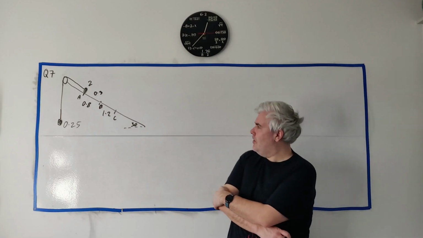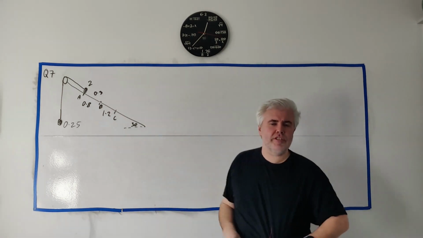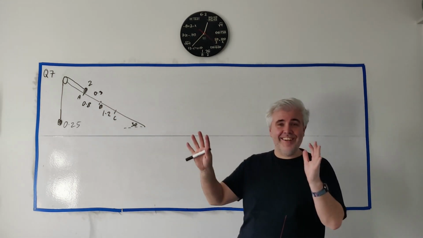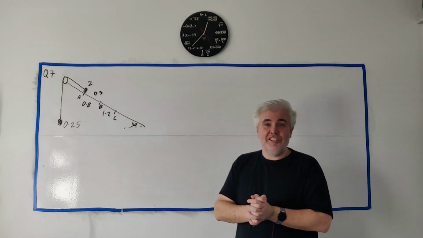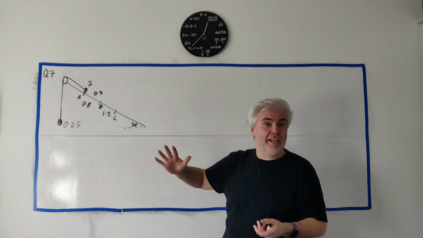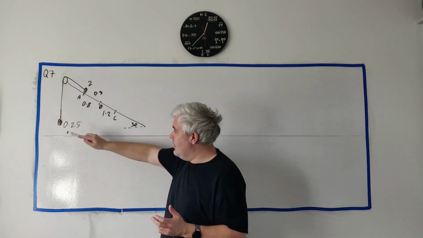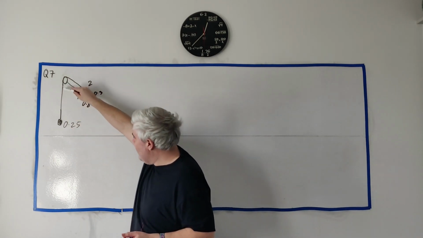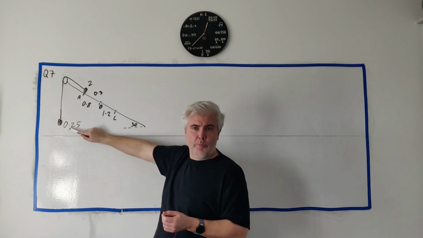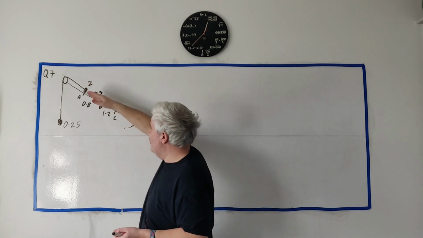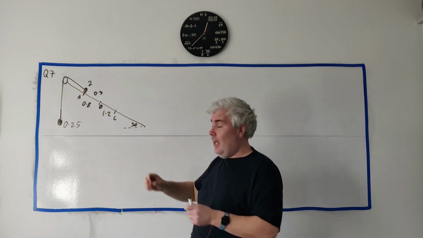In question 7, they give us a diagram, roughly what you see on the board here, with a lot of English, a lot of numbers and words trying to explain the system. I'll try and explain it in my own words right now. We have a pulley system with two weights. This weight is hanging down and it's only 0.25 kilograms. This weight's a lot heavier, it's 2 kilos, but it's on a flat surface